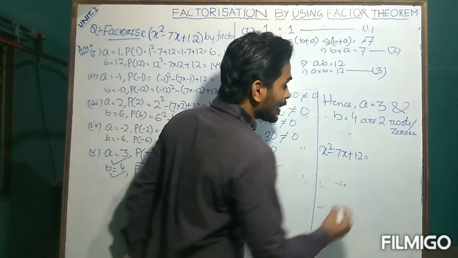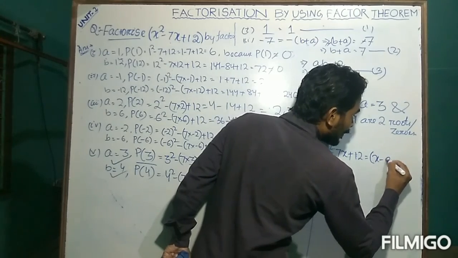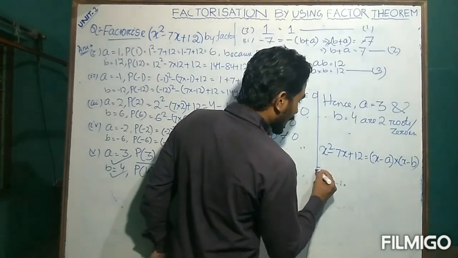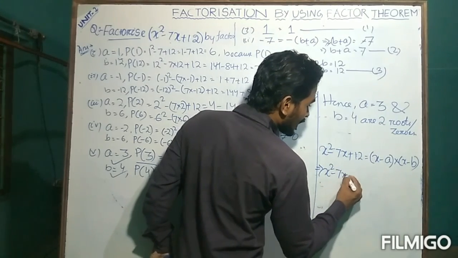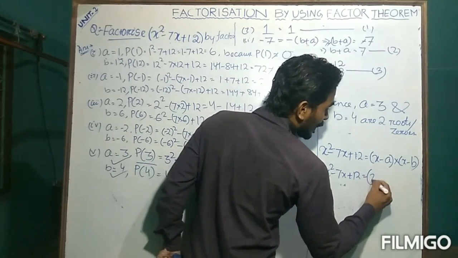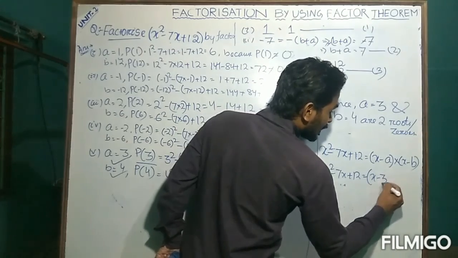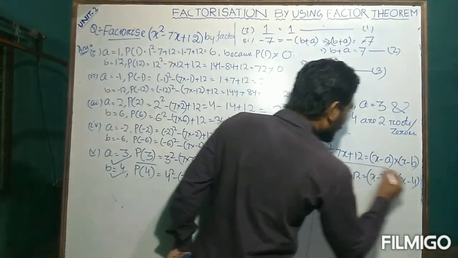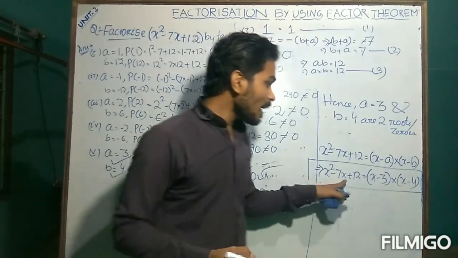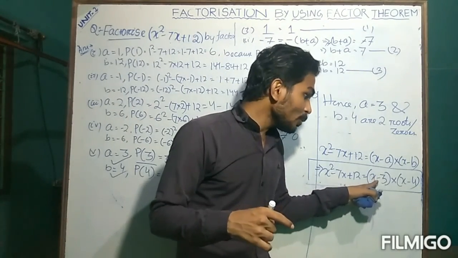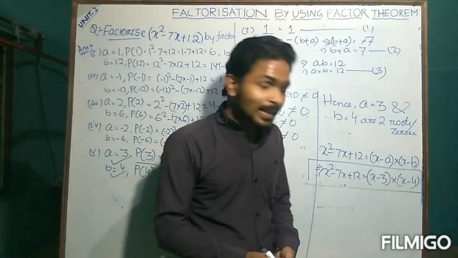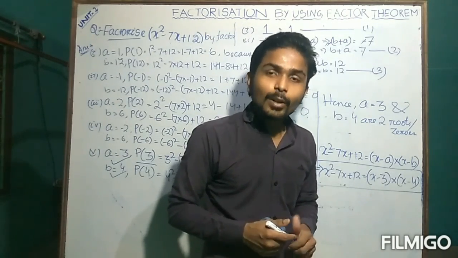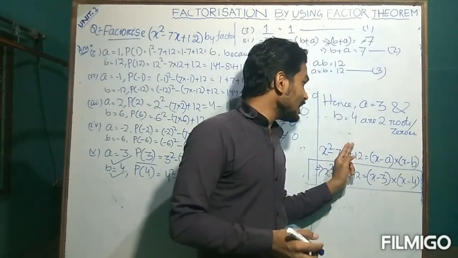This quadratic polynomial can be written in the product form of two factors, x minus a into x minus b. And now we get x square minus 7x plus 12 is equal to, in the place of a you should put 3 and in the place of b we will put 4. And this is the final answer where the quadratic polynomial is being factorized into two linear polynomials, or we can say that this quadratic polynomial can be expressed as the product of two linear polynomials where the roots are 3 and